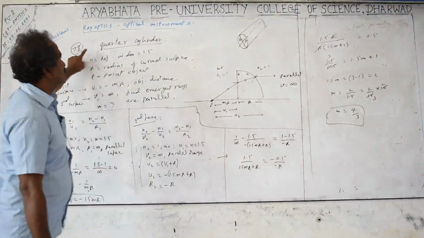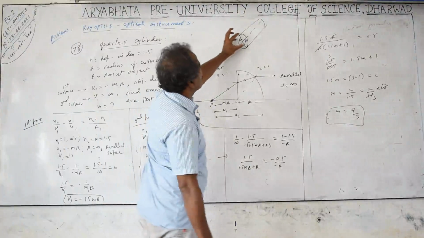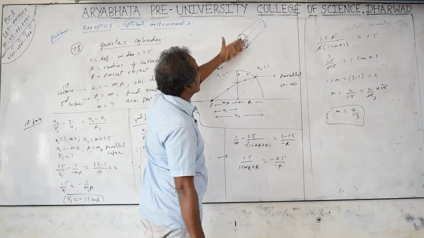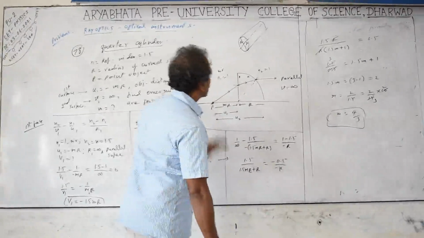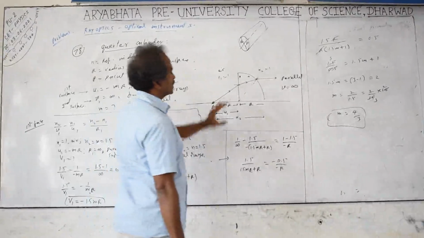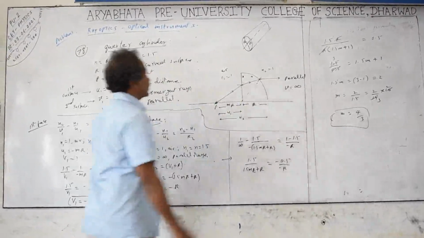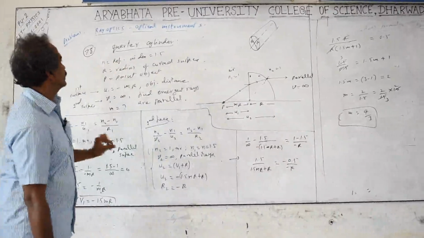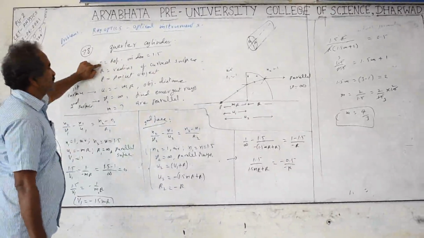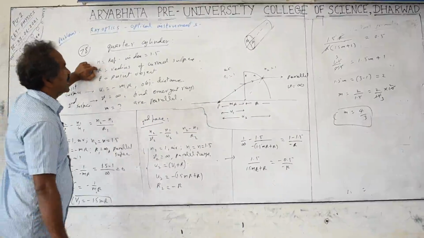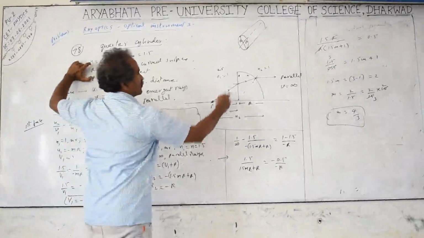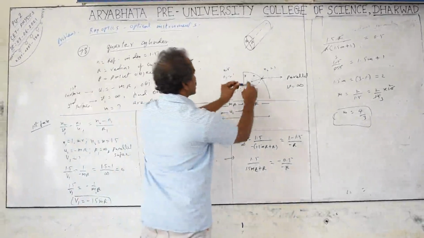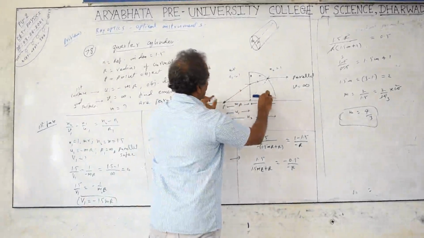Quarter cylinder is given. The cylindrical transparent glass is cut into 4 quadrants. One part is taken. Consider light rays, only paraxial rays, and a thin part of the glass only. N is the refractive index, given as 1.5, and R is the radius of the curved surface. P is a point object kept in front of this curved surface. It is cut into parts and kept on the table, and the object is kept in front of it.